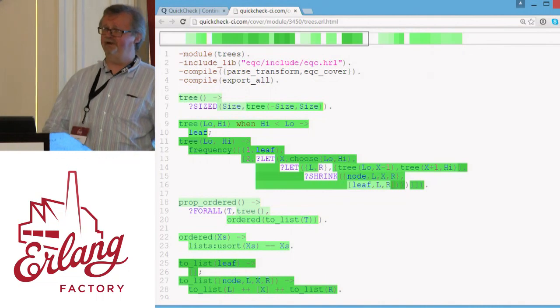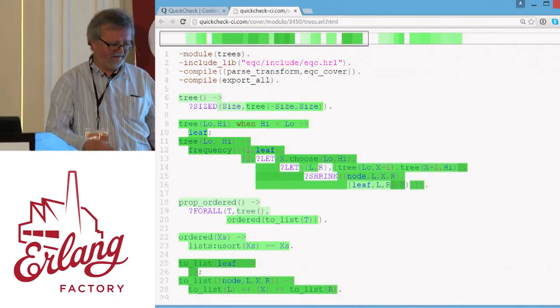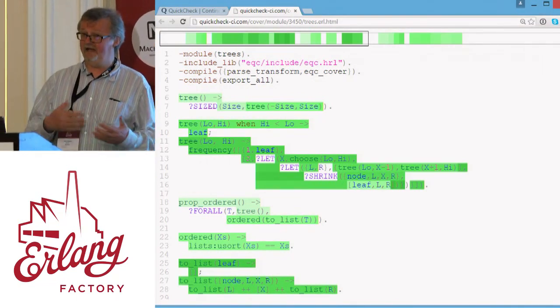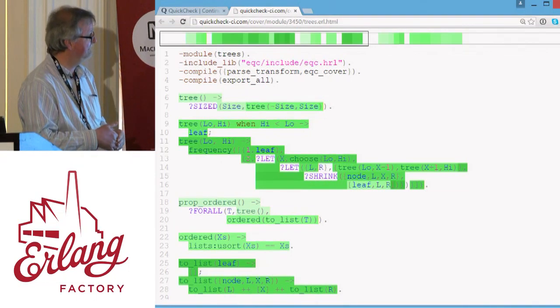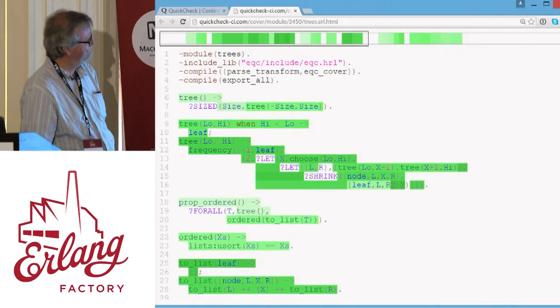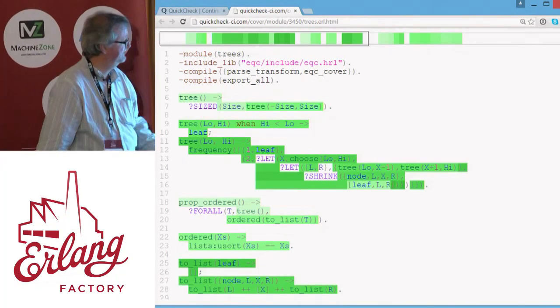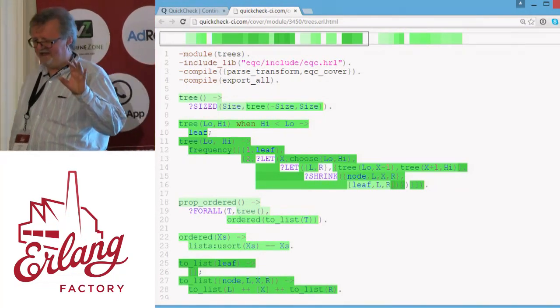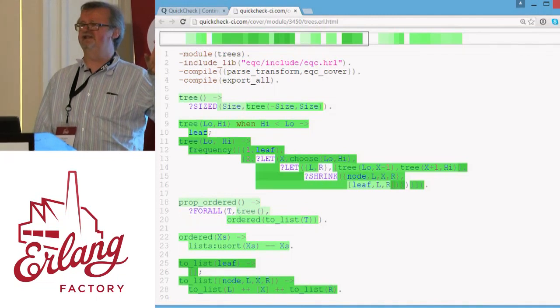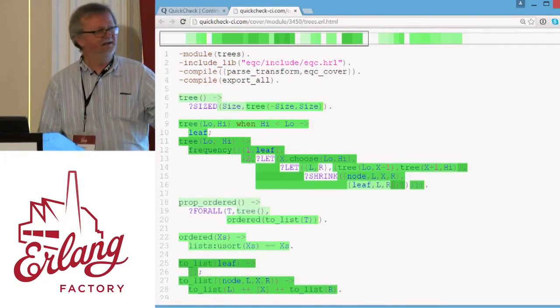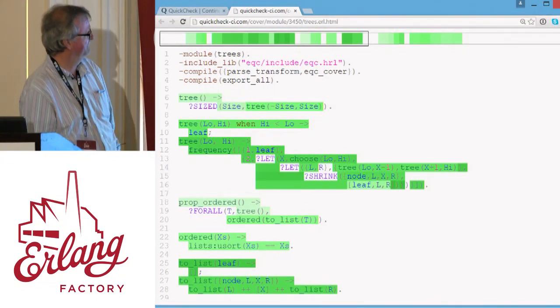So we've built our own coverage tool, which we think is rather nice. I'm sure most of you have used cover that comes together with Erlang. But that does have some limitations, some of which we've addressed here. So one of the nice things here is that instead of needing to look at the left-hand side to see whether you have 0 executions of a line or a positive number, here coverage is color-coded.